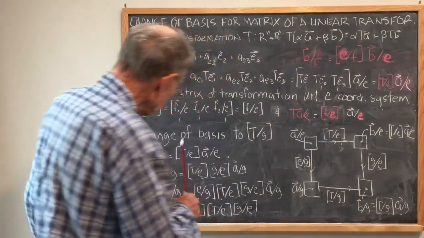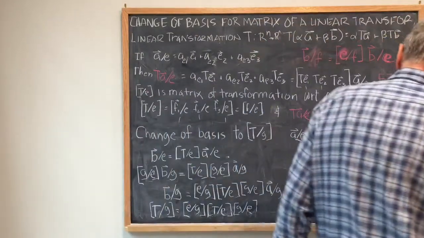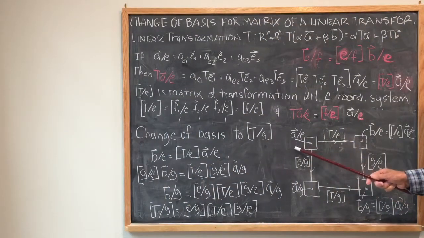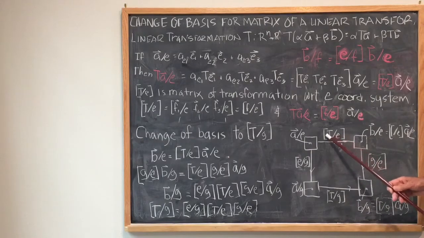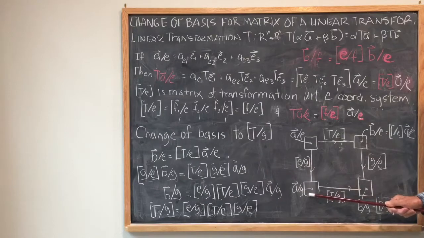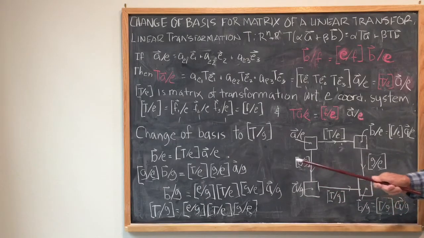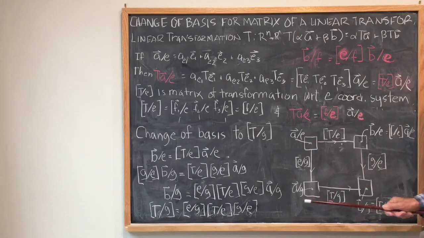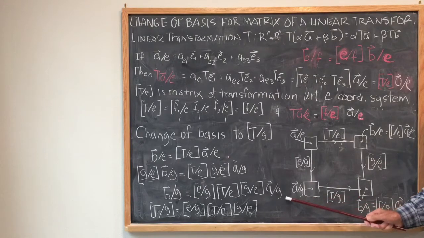Then I can symbolize all these transformations by this little rectangle here, where if I start with A with respect to E, the transformation T with respect to E transforms A with respect to E to B with respect to E. Now, A with respect to E can be written in the G coordinate system as the change of basis matrix E with respect to G times A with respect to E, which gives A with respect to G. And B with respect to E can be changed to the G basis with the change of basis matrix G with respect to E to give B with respect to G, and A with respect to G,